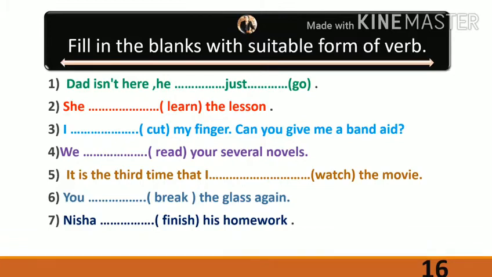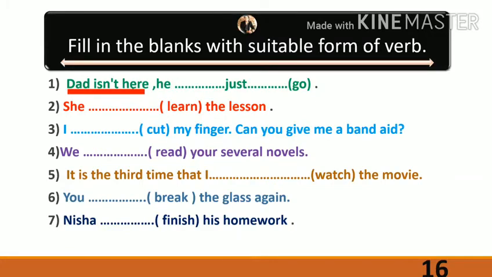So you need to go through each and every aspect of the sentence before filling it. So let us discuss some examples, and I want to clear the concept of how to fill this. In the first example, there is written "Dad isn't here." The phrase itself says that the sentence is in the present. That means in this sentence, "Dad isn't here" is written in present tense.